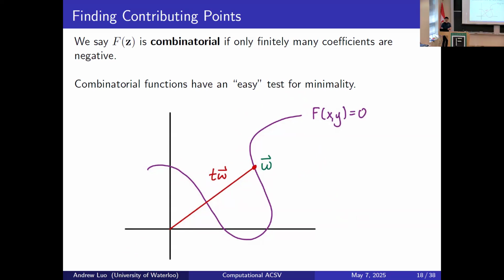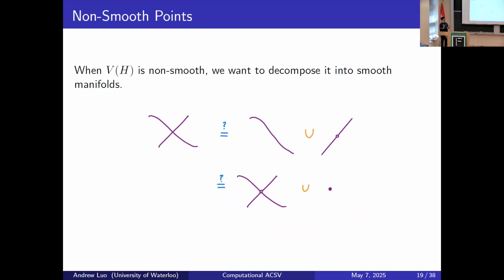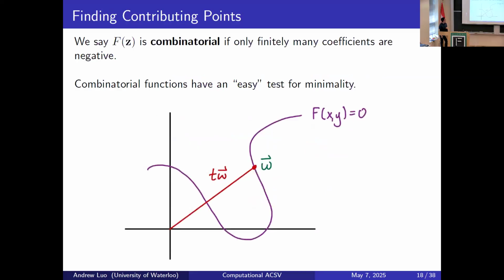Okay, so the critical point equations I introduced earlier were assuming that our variety is smooth. Why did you put the word easy in quotation marks on the previous slide? I mean, is there some counterpoint to that? Is it not so easy? Well, you still have to compute it, right? It's easy to characterize, I guess, is what I mean by easy. You could still end up with a really complicated system of equations when you try to work with this.